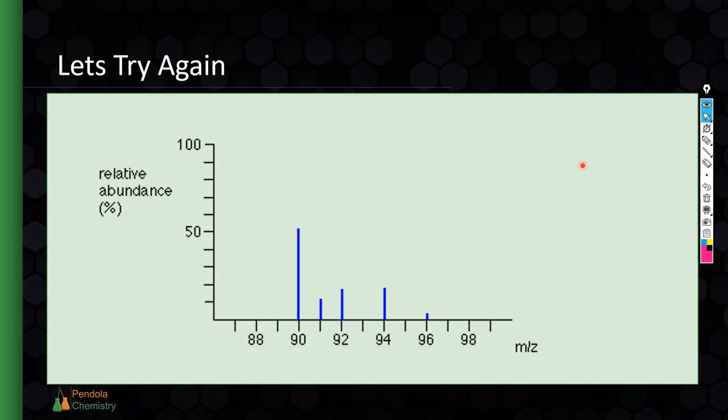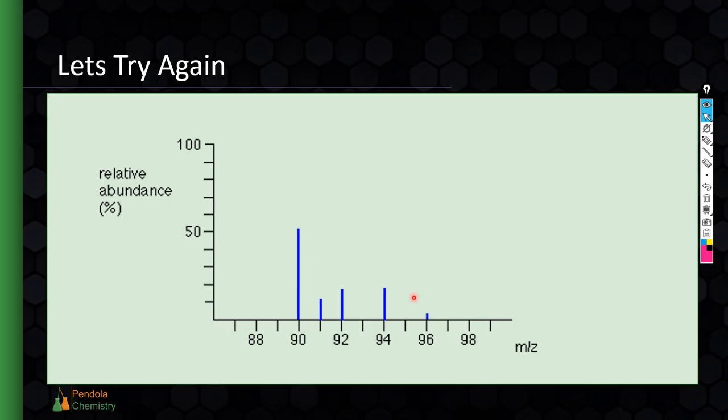So let's try it again, but realize that not every element is only going to have 2 isotopes. Some elements have massive amounts of isotopes, 6, 7, 8. There are even elements with 10 different isotopes. So let's look at this particular element. Just by looking at these isotope mass numbers, we can tell that this is a much heavier element. It's in the 90s for its atomic mass. And we can also tell that this mass will be closer to around 90 or 91